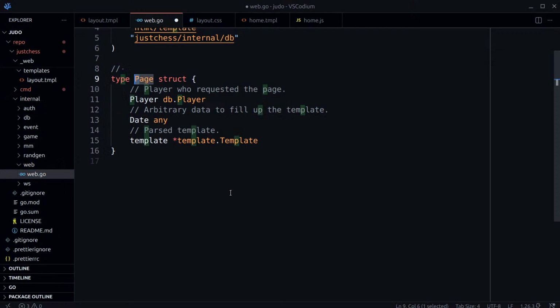I'm not sure whether to make this page exportable, so I will make it not exportable for now. And we will write a comment that page represents the served HTML page. Or maybe HTML documents. Right, so